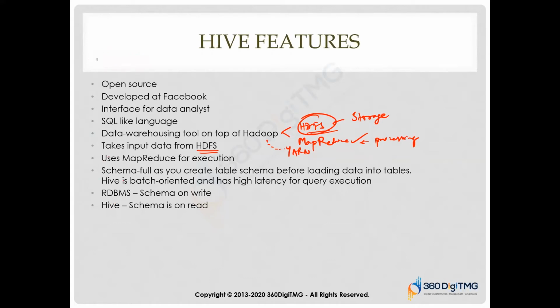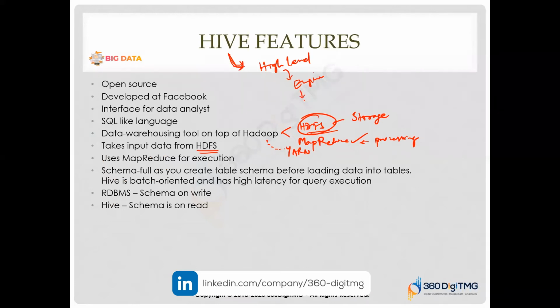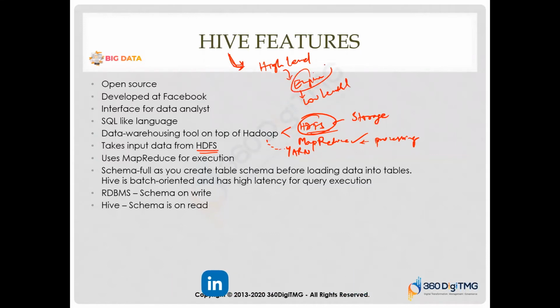Then how does Hive actually come into the picture if your data is getting processed by MapReduce? Hive is basically a language or a program which is written at a high level. It's called a high level language. This code is converted by the Hive engine to low level. You don't have to worry about writing the low level program. This engine will take care of it. This low level language is nothing but again MapReduce. So the code automatically gets converted into MapReduce. That's the reason why we say it uses MapReduce for execution.